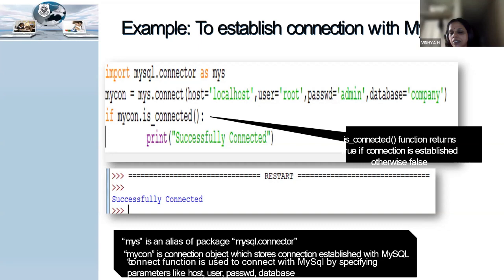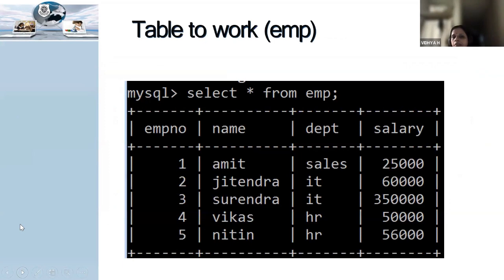That also is a table which we are going to create. To create the cursor, the name of the object is mycon.cursor, where mycon is nothing but my connection variable. So now using the connection variable, as I said,